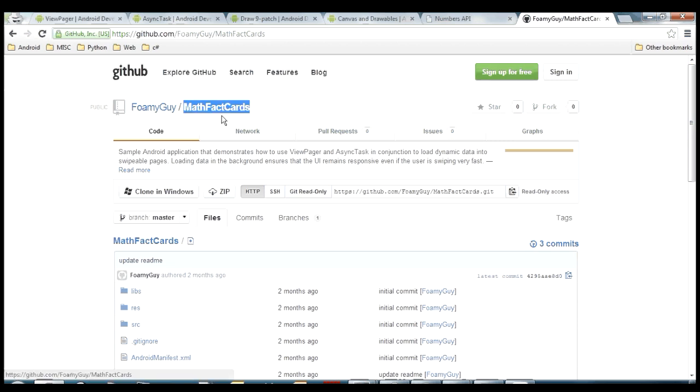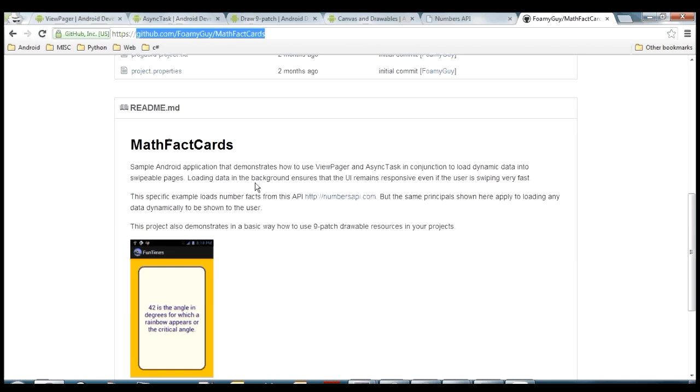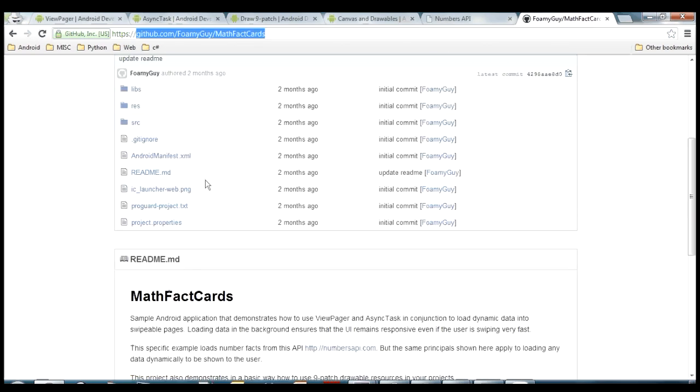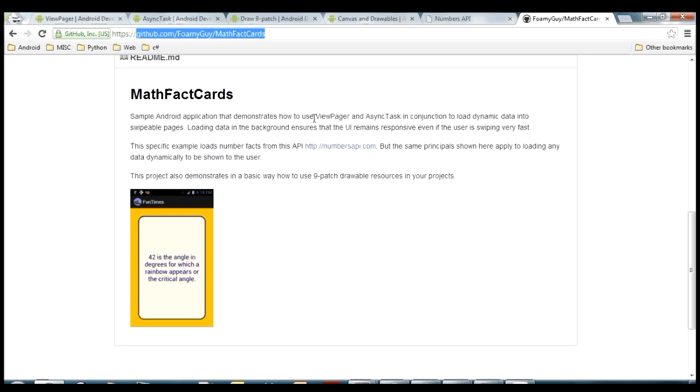It's called Math Fact Cards, and you can find the source code for this at github.com/foamyguy/mathfactcards. So I definitely recommend you come here and download this code, because this is what we're going to be working with throughout the video today. This sample application is a real simple one. Basically, it's a ViewPager, so that means we're going to be swiping some pages side by side in order to load up different data on each page, and the data that we're going to use today is going to come from